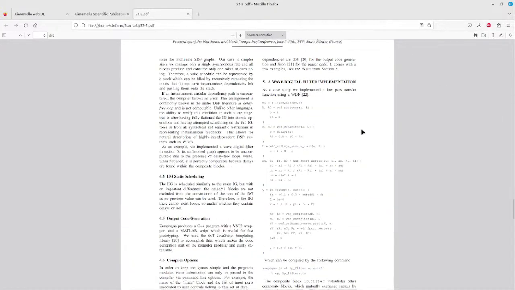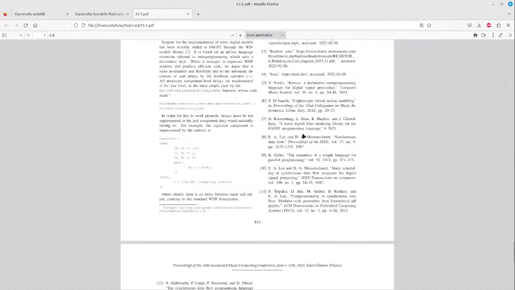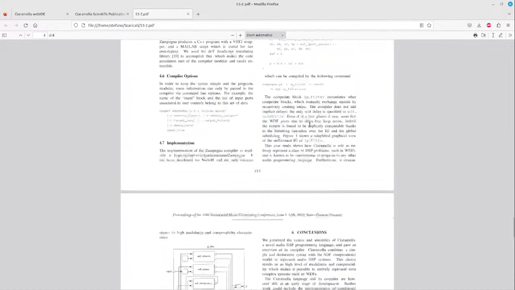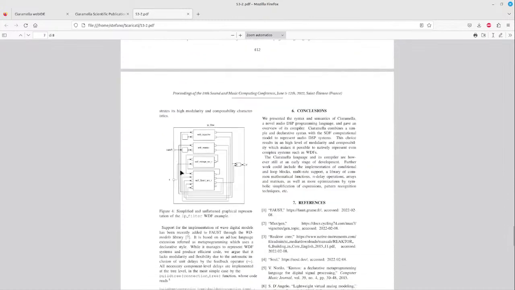So if you want, you can read it. Basically the compiler just generates the graph and then flattens it, and it discovers the delays inside the composite blocks. So you can create feedback,